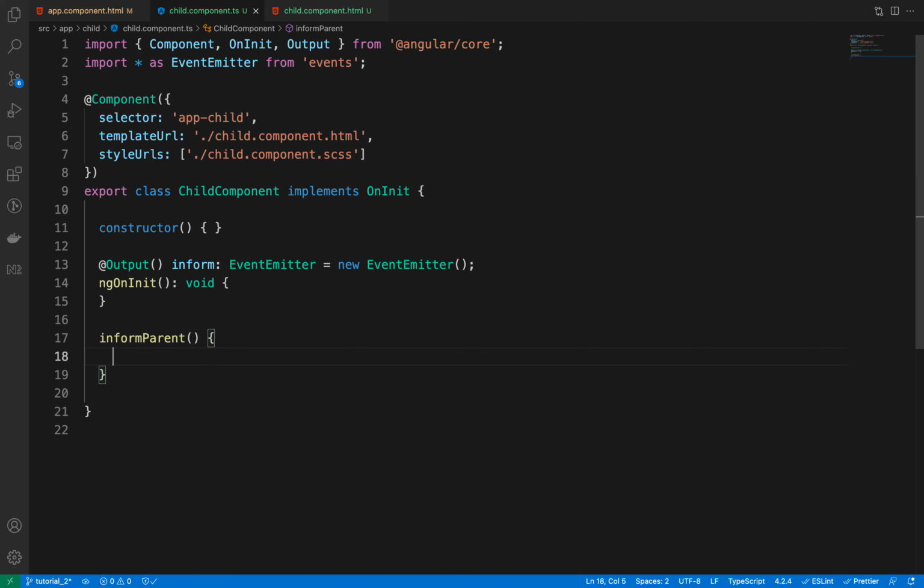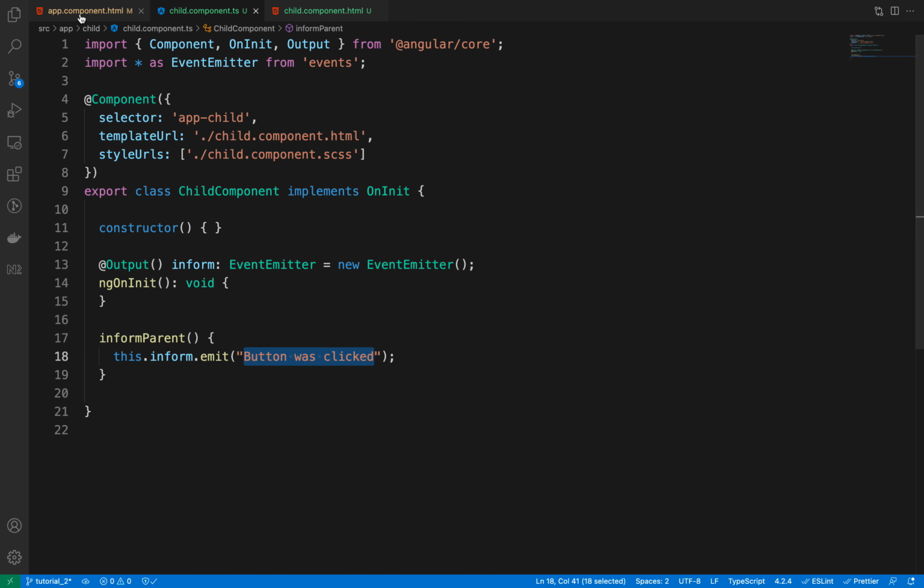And then you are going to write this.inform.emit. So the way to emit an event is this: "button was clicked". So the child is saying that the button on its HTML was clicked, and now this information will get passed to the parent component.